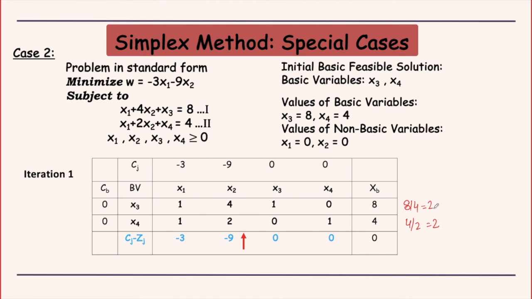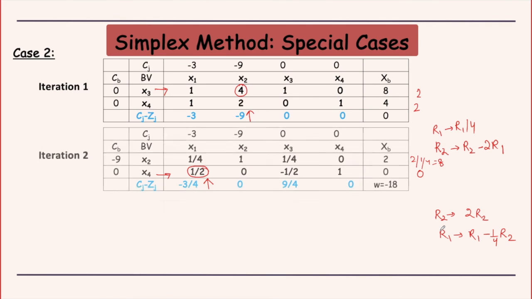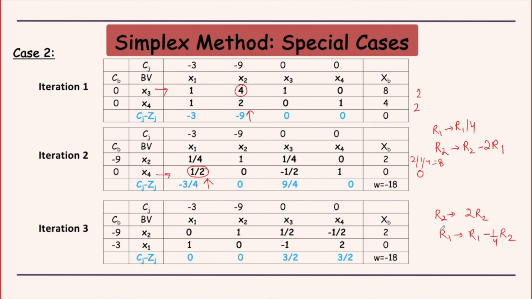So as a consequence of a tie, you are going to get a degenerate solution, and consequently you will also see that if you are able to graph it, you would find that one of the constraints is redundant. Here also there are ways to check which is the redundant constraint, but that part we are not going to do. So that we are not going to see from simplex, but from the graph you can make out that one of the constraints, the first one, is a redundant constraint, and you don't need it in the system. Even without that, you are going to get a solution to your problem.